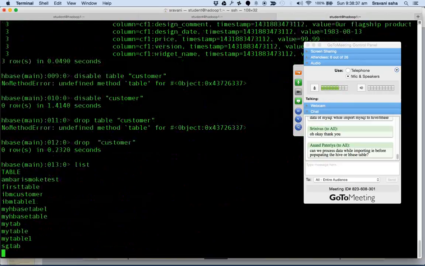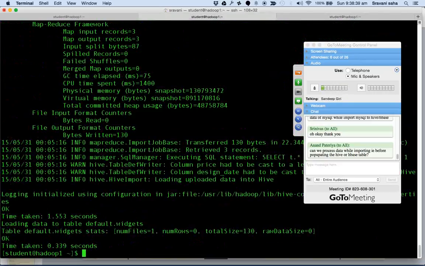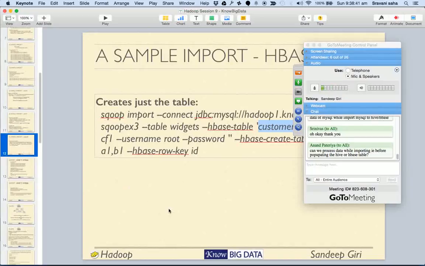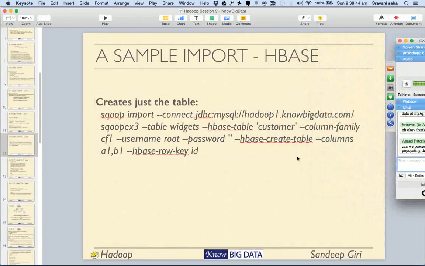Alright, so now we have deleted the table, so it's not there. Now next, what we are trying to do is import our MySQL table into the HBase database. If you remember correctly, in an HBase table we have one mandatory thing called a column family. We can create a column family here, and in this single column family, all the columns will go. Also, we are telling a few more things, because in HBase it is mandatory to have one row ID